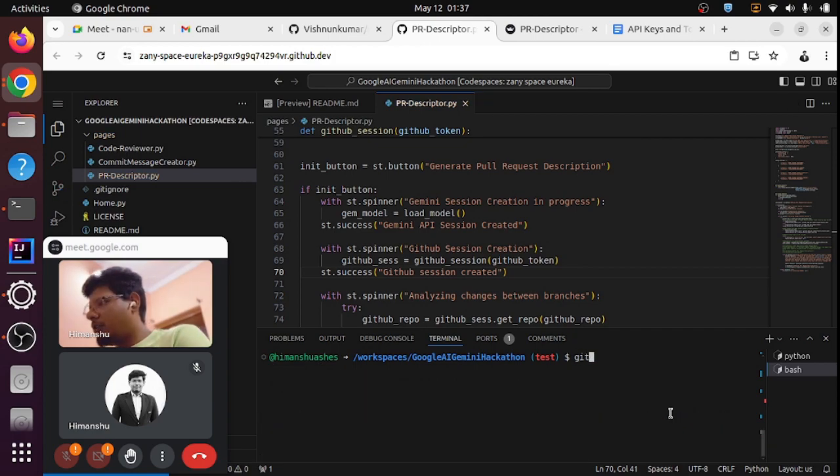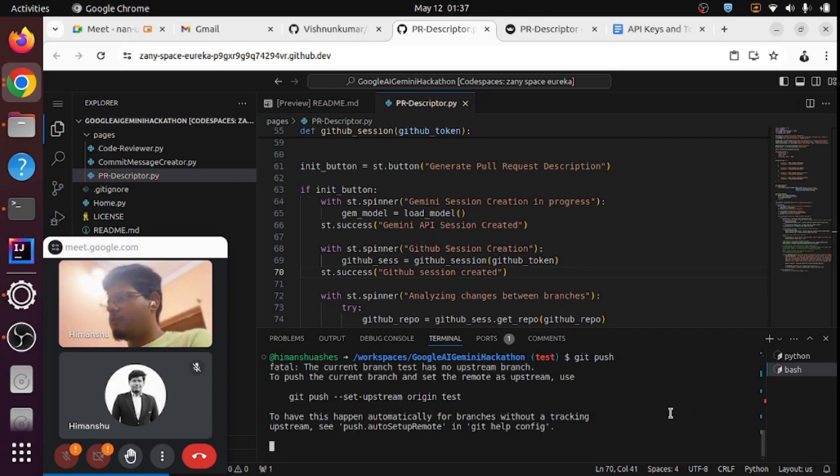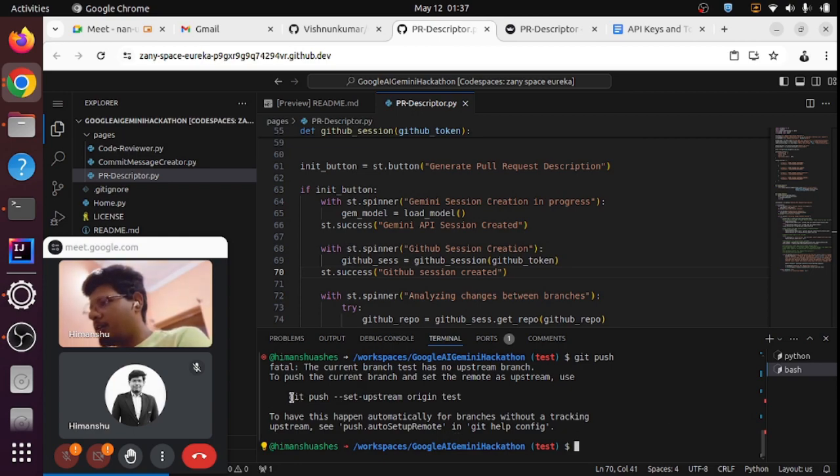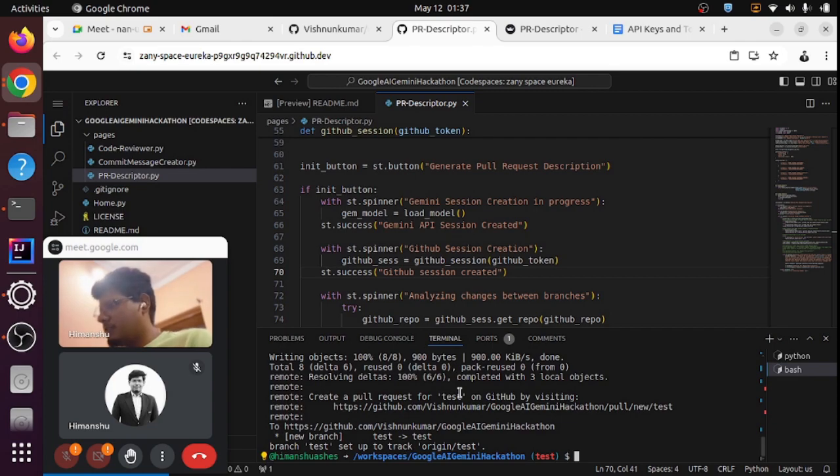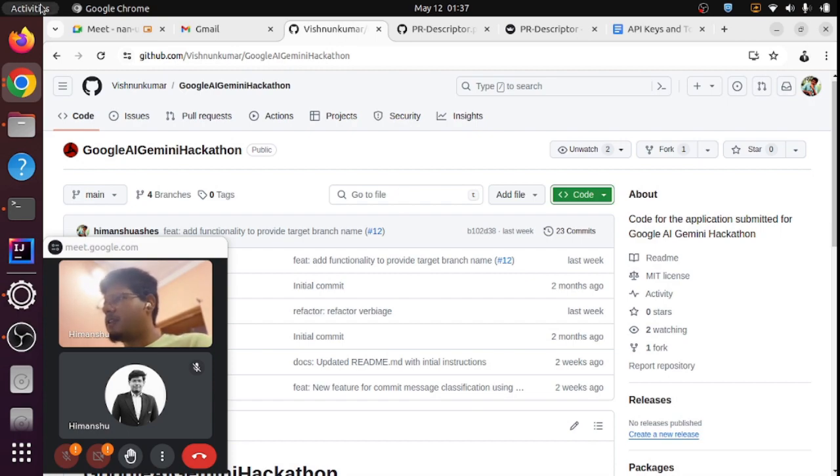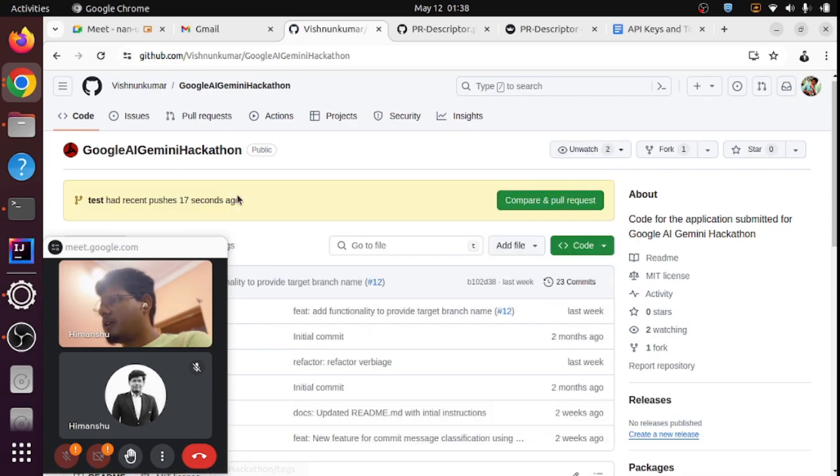Added it. Now once you are ready, you will push it to the repository. So we have to set an upstream, so we can paste and upload it. So now a new branch has been added here. Okay, we have a new branch test which we want to merge to the main line. So what will happen here generally if I check it? So you see test has